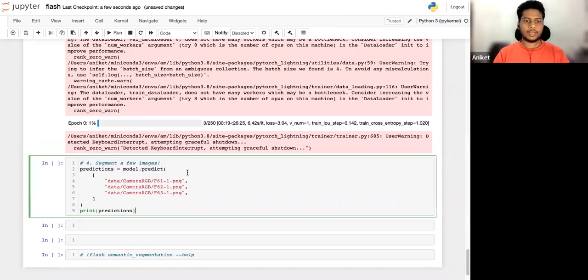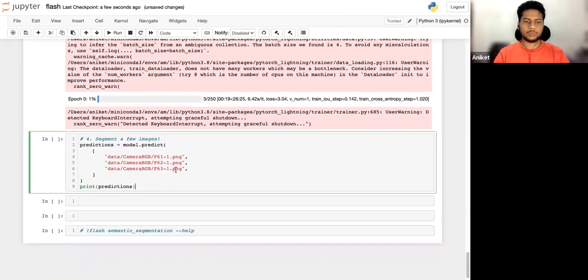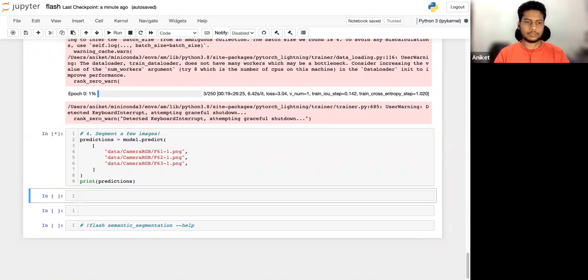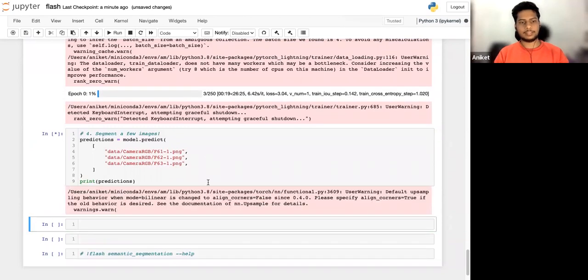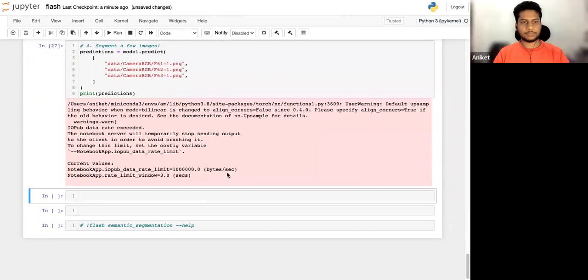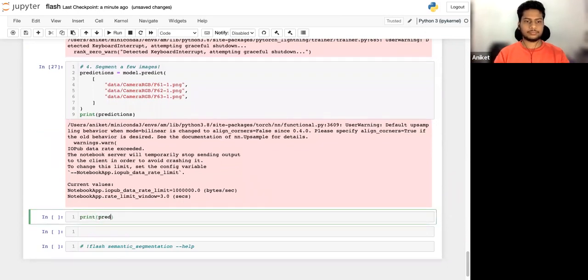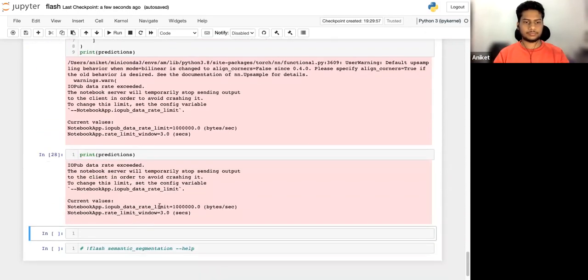And if I want to do some prediction on one of my images, I can just do model.predict and provide the path of the images, and it will do the prediction for me. What happened here?